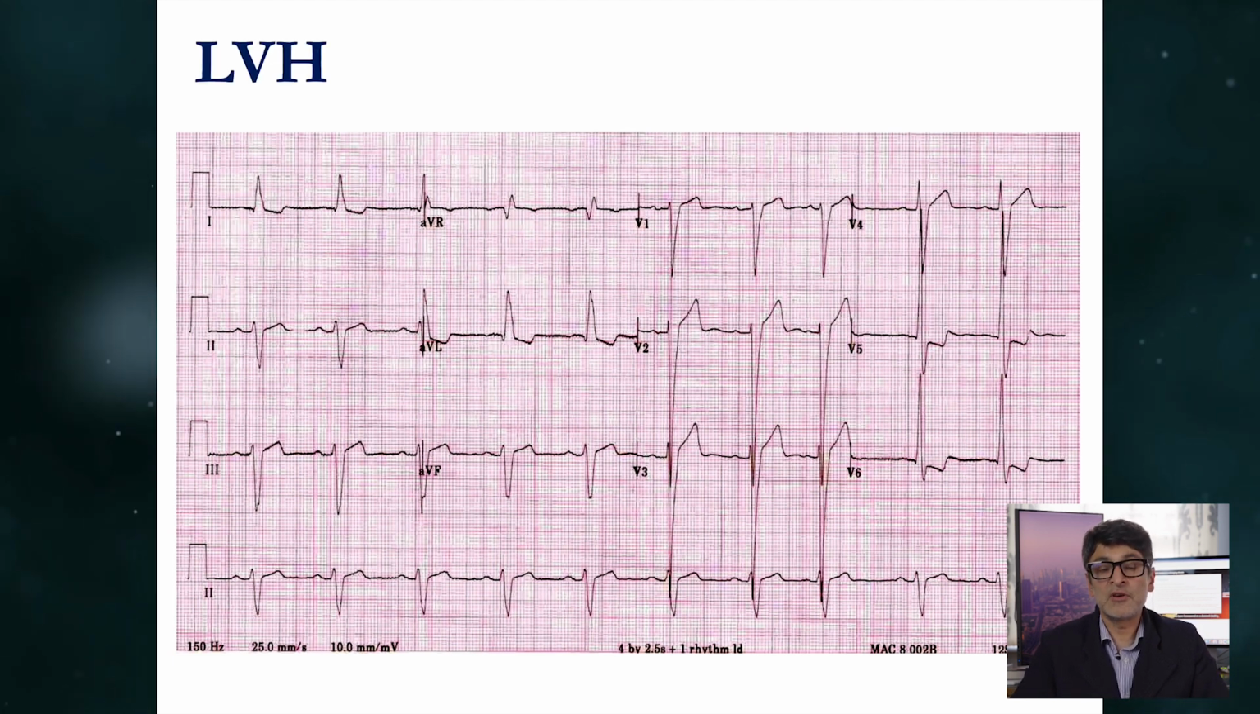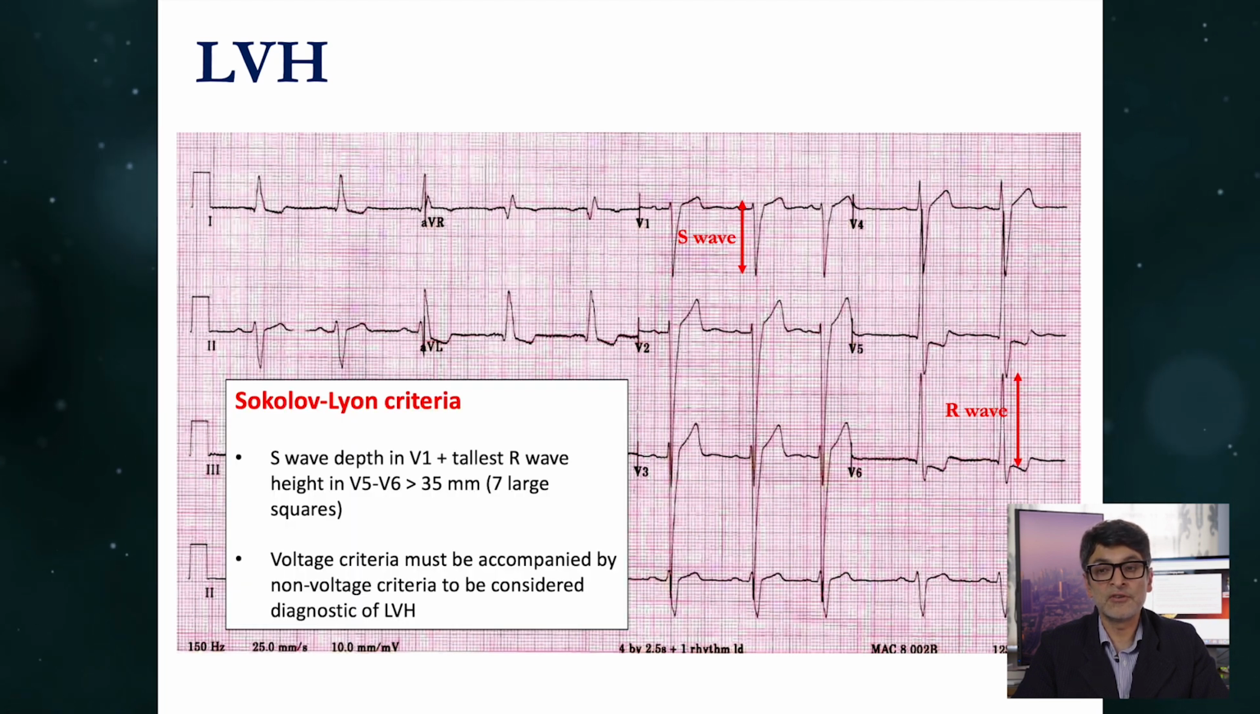There are many criteria around to label people as having left ventricular hypertrophy on their ECG, but the one that's most commonly used, and certainly the one I'd recommend for primary care, is the Sokolow-Lyon criteria, where you look at the S wave depth, which is basically the downward deflection in lead V1, and you look at the tallest R wave in either lead V5 or V6, and you add them together by calculating how many large squares you see in the S wave in V1,